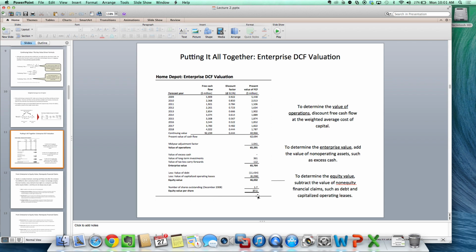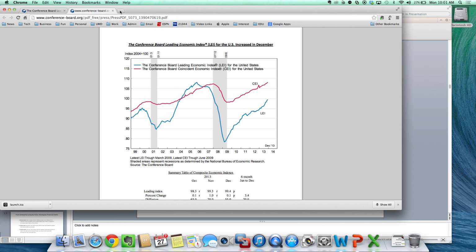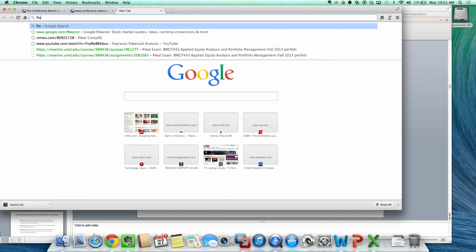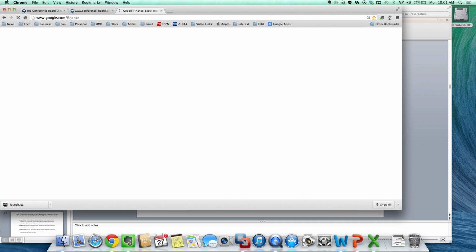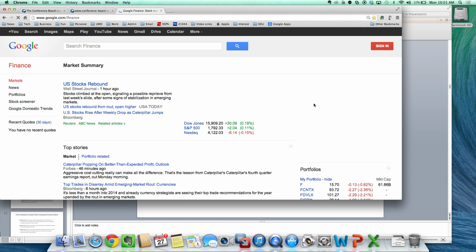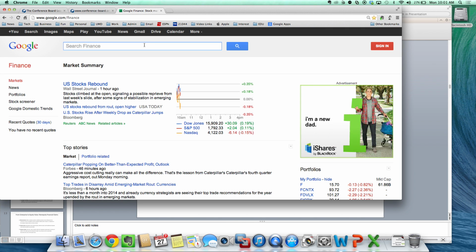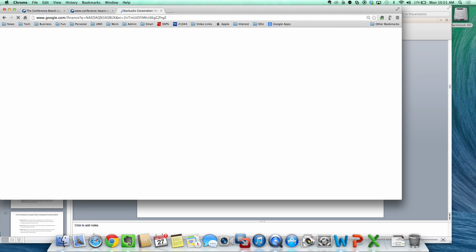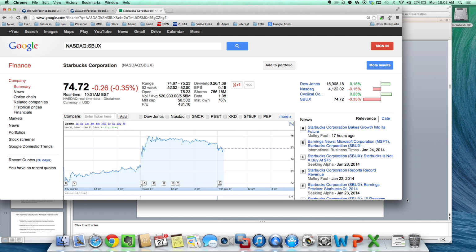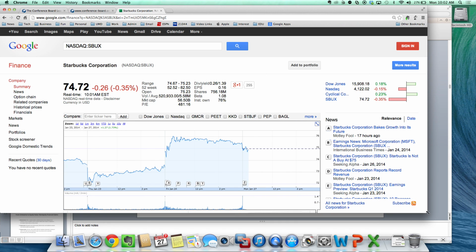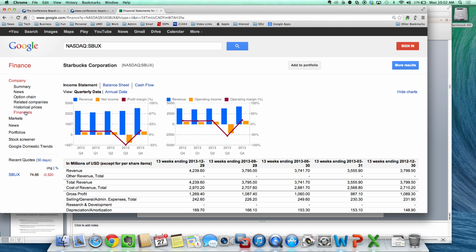Right? Now, here's why this is also important. It's debt and debt equivalence. So again, I'm going to go back to Google Finance, and I'm going to look up Starbucks. Assume everybody's familiar with Starbucks. SBUX. Stock price today is at $74 a share. Not too long ago, they were at $8 a share. But here's the point. One of the reasons they're at $74 a share is because they have a pretty strong